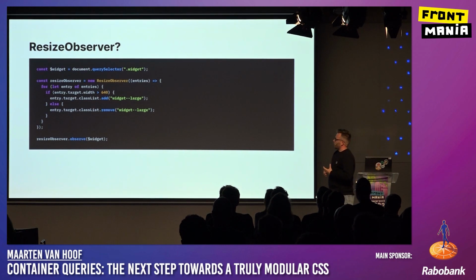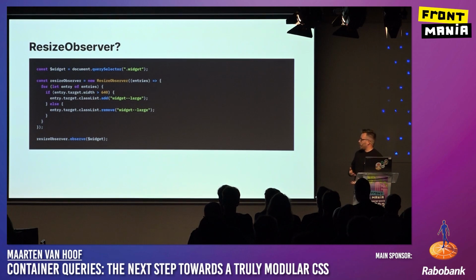For instance, there's a web API out there called the resize observer, and what it does is you handle an element, and when that element resizes, you can perform all kinds of business logic on it. In this example, for instance, when a widget changes size and its width is larger than 640 pixels, we'll add a class, and when it's smaller, we'll remove that class. And that's pretty cool,